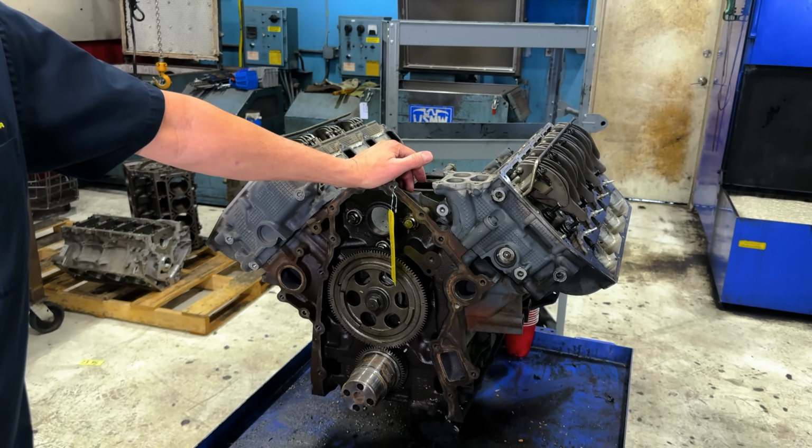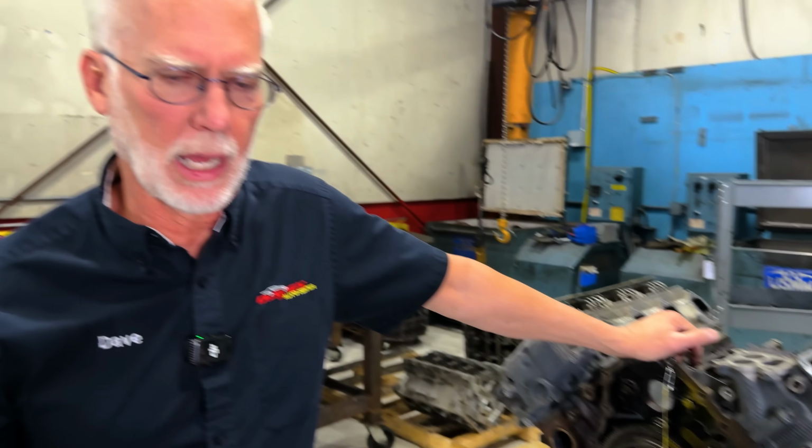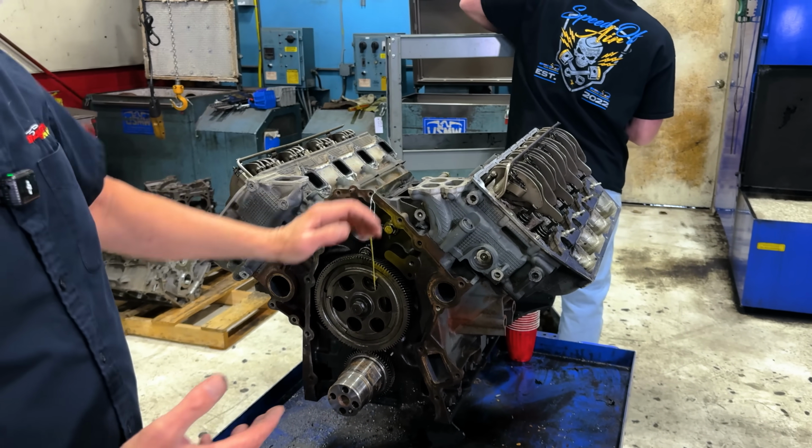We've sent this gentleman a remanufactured Tow Monster engine. We're now going to tear down his core. So let me explain what a core is. A lot of times customers are like, what do you mean by a core charge? We'll send you an engine. Then when you get it, you're going to send us back what we sent you, basically, and this is what